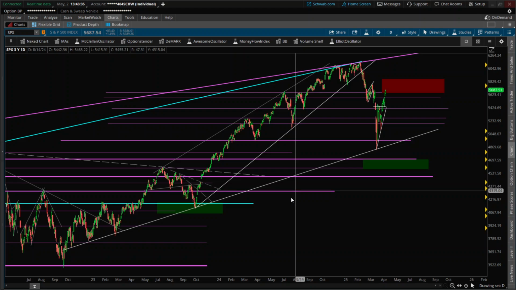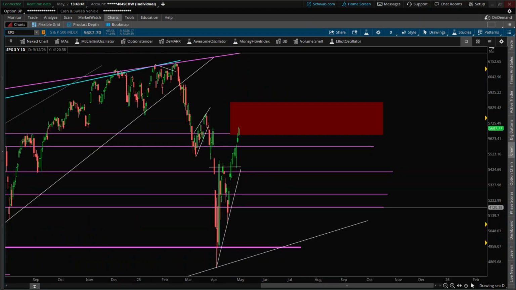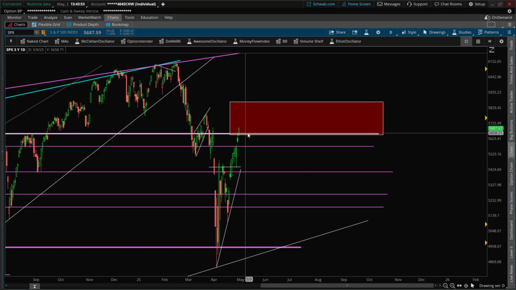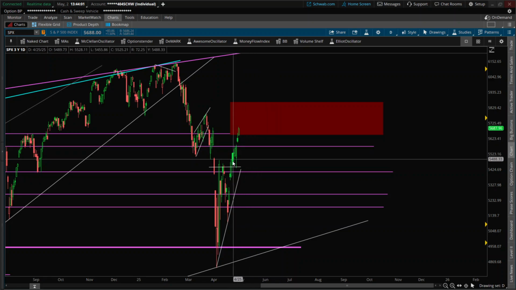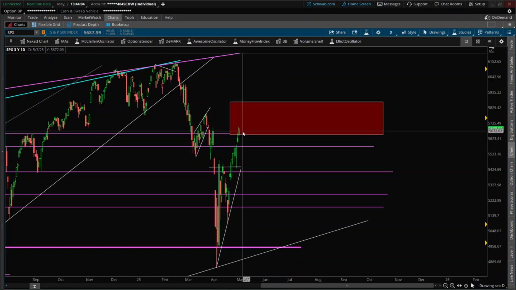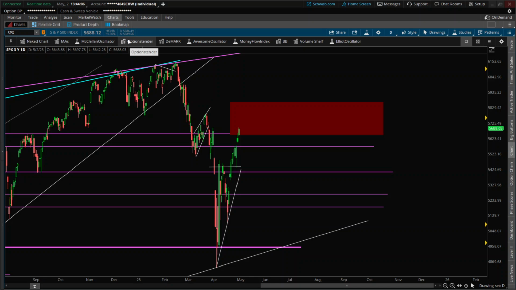So right here is SPX on the daily time frame. We basically have the recipe for reversal. We're into resistance. This resistance is wide, so we can continue to go higher, but I'll show you a few things on the lower time frames of the scenario that took place and how it might be ending. So that's about all we're going to look at. We're not going to look at targets or anything like that until later.